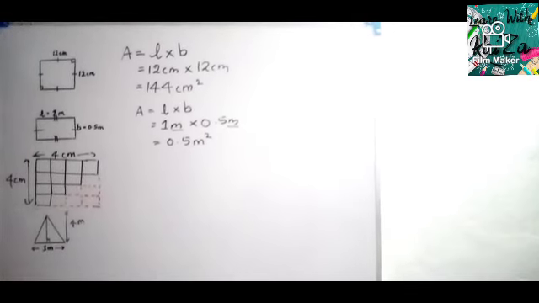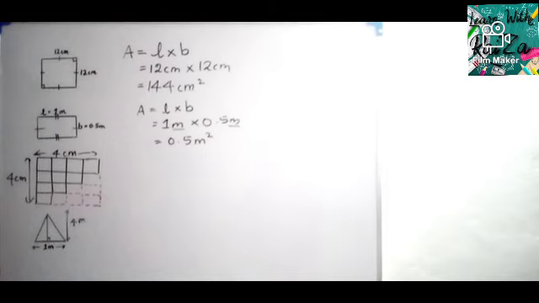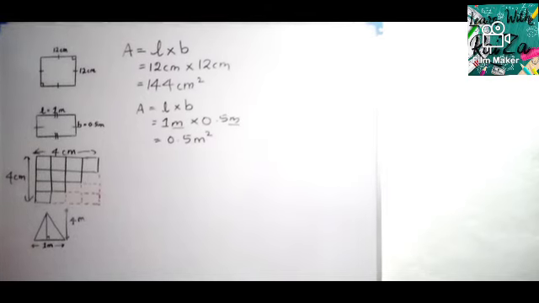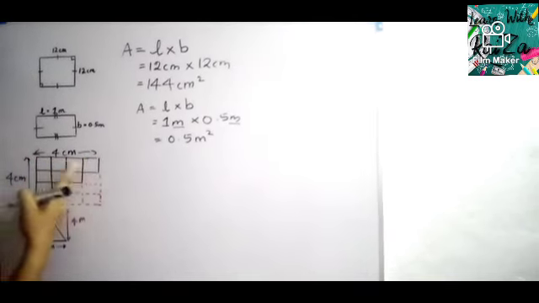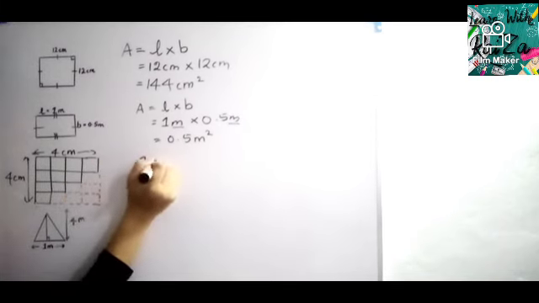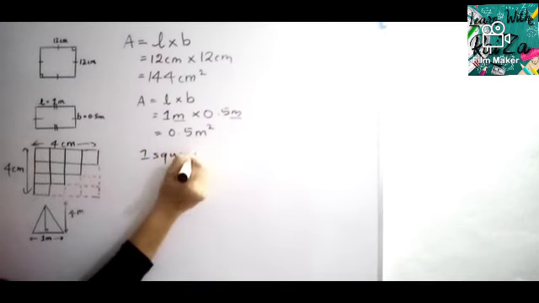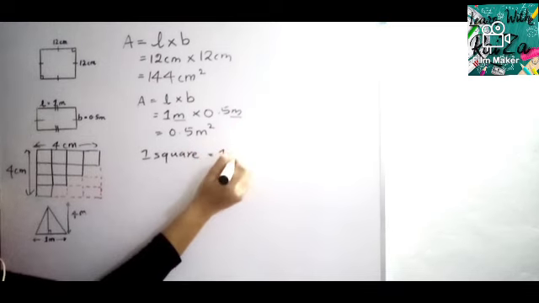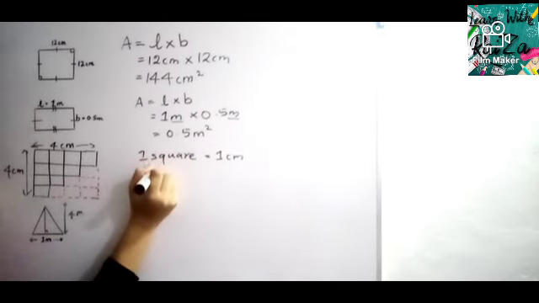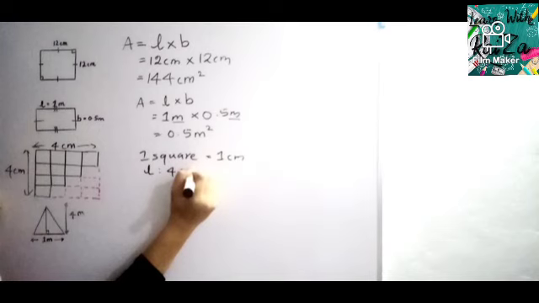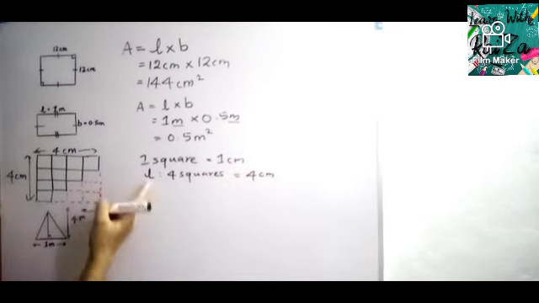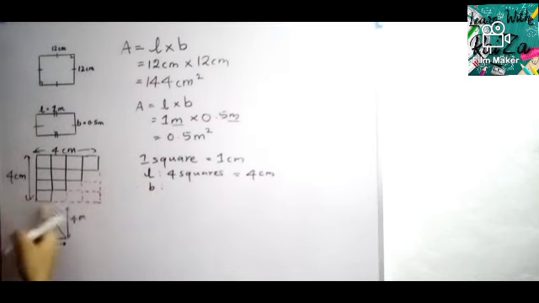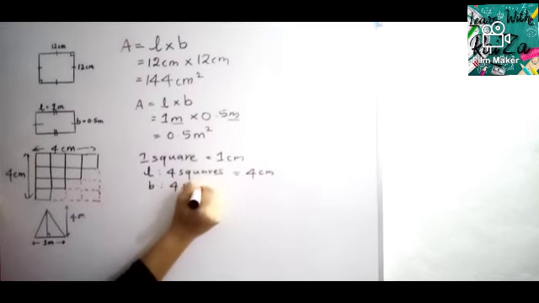Okay, now what can we do? We have to just apply the equation of a square, the area of this square. So the area of the square, one square is, now this 4 centimeter. Let's say this one as 1 centimeter because there's 1, 2, 3, 4. So 1 square I'm taking as 1 centimeter. So here 4 squares for length, 4 squares. So that is 4 centimeter. And the breadth, what about the breadth? Same way, 4 squares.